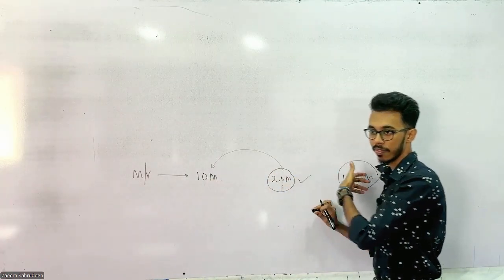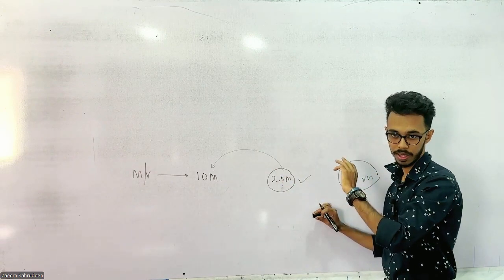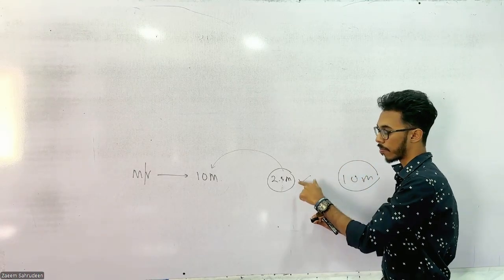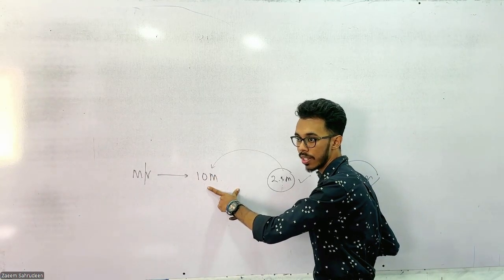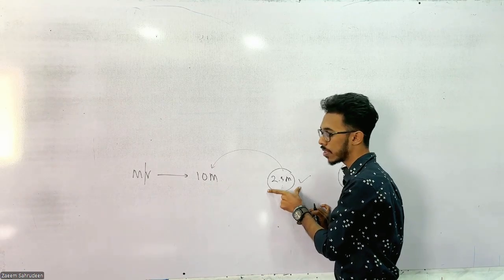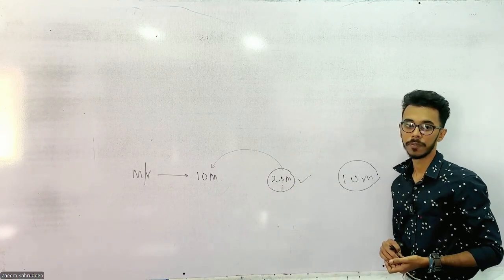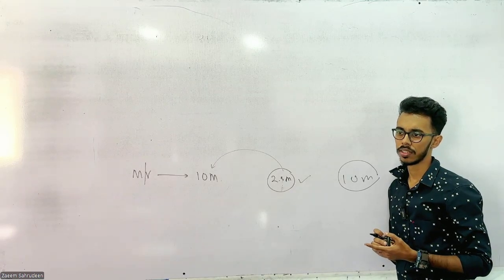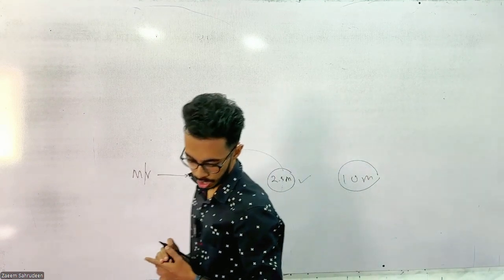I didn't buy the 10 million vehicle at one go. I got the vehicle with 2.5, and the rest I pay in small amounts. Now I can get better returns from this investment without investing the entire 10 million right now. Without investing 10 million, I can get a good return by just investing 2.5 million. Okay? So that is one option. And what else is there? Benefits of leasing.